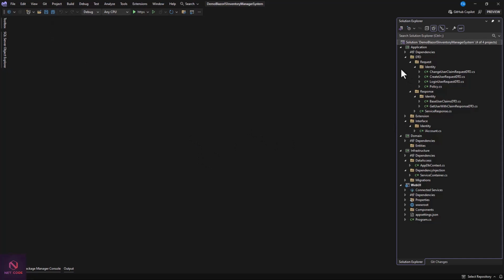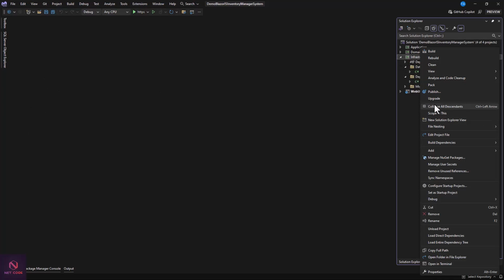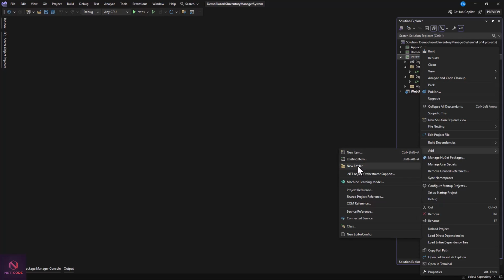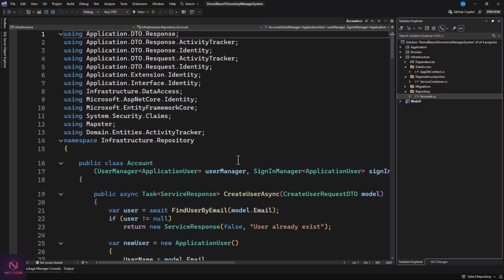So now let's go to our Solution Explorer, and after creating this, what is the next thing to do? So you know that we have our interface created already. So what you do here is to create our repo. So I'm going to create a folder here, infrastructure, repository, and in that you're going to create a class account, which is going to inherit from the interface that we created, and that's going to be an account. So now with this account,